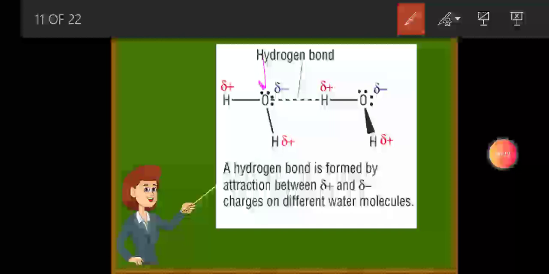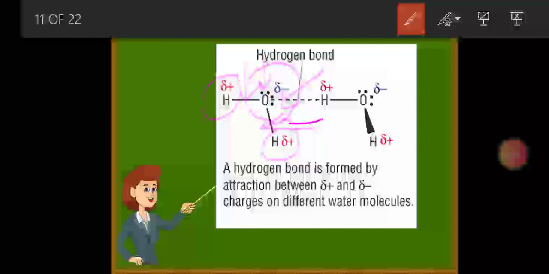Here you can see the lone pairs present on oxygen. Due to this, it is partial negative at the terminal. As a result, the hydrogens which are bonded with the electronegative atom are partial positive,